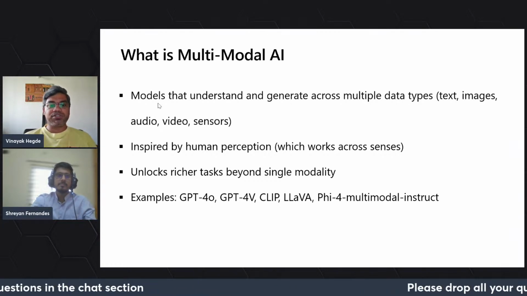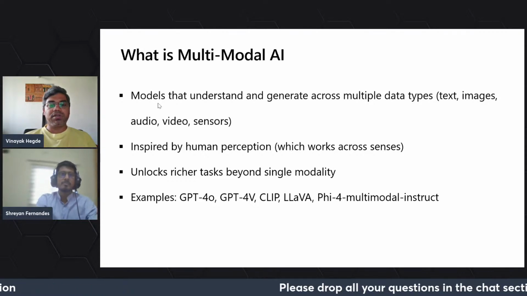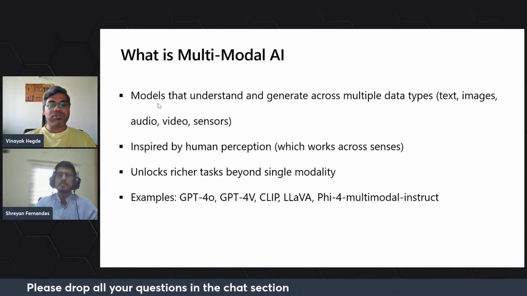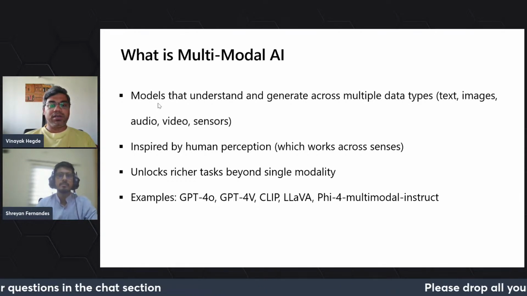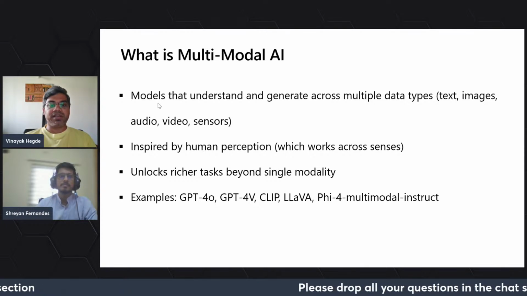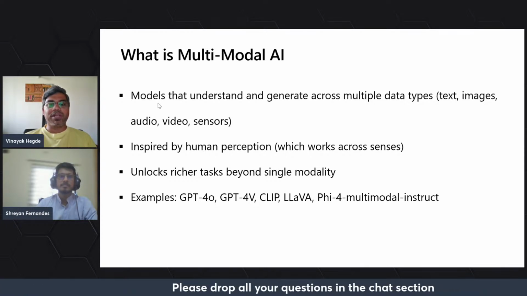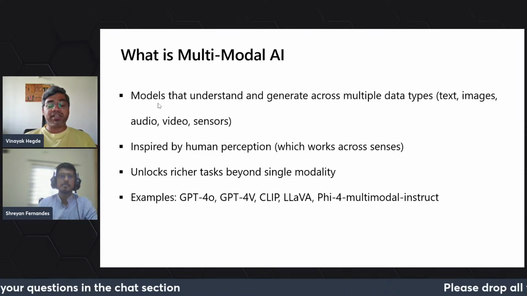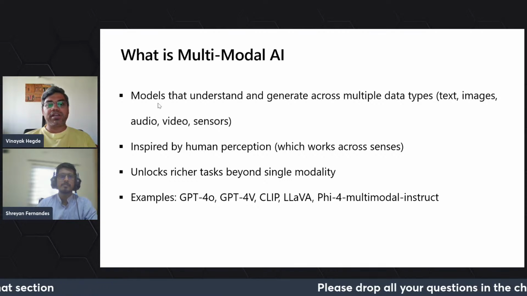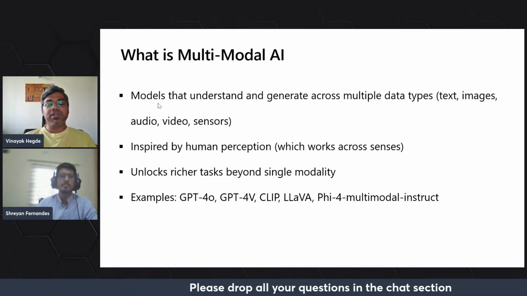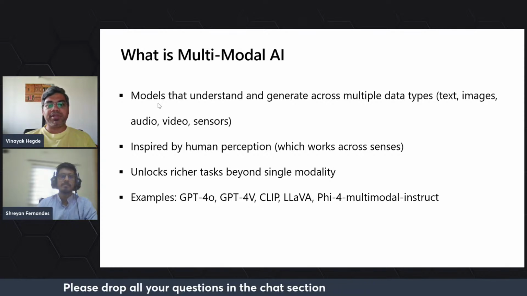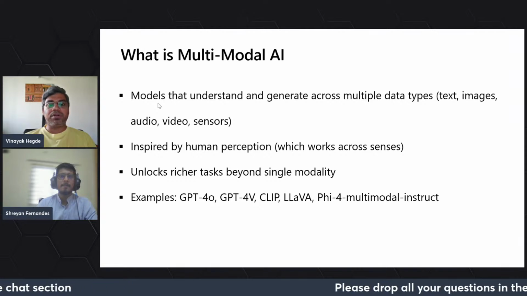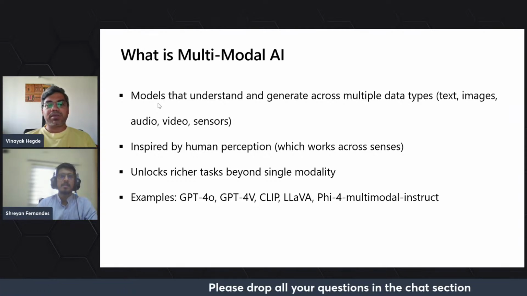This is also how human perception works, right? For example, when we go to a restaurant, we obviously see the food. We know the name of the dish, which is text. We also smell the food, and we taste it. So we are using multiple different senses, and if we want AI to be more human-like, we have to be able to share with it inputs which are similar to human cognition, right? Whether it is text, images, audio, video, or sensor data, all of these are how we actually feel the world,